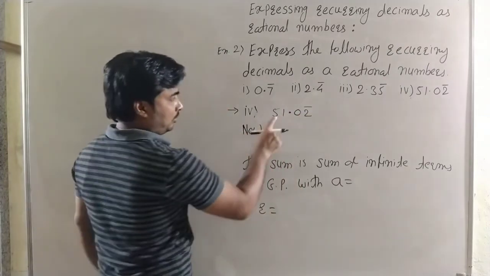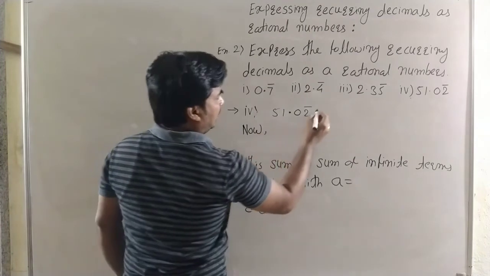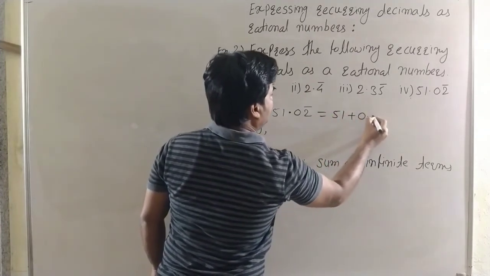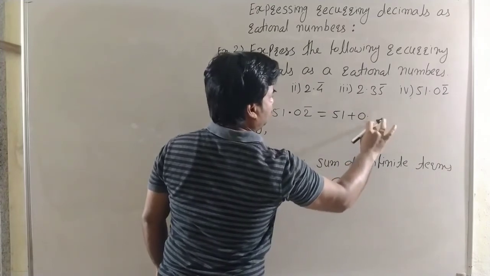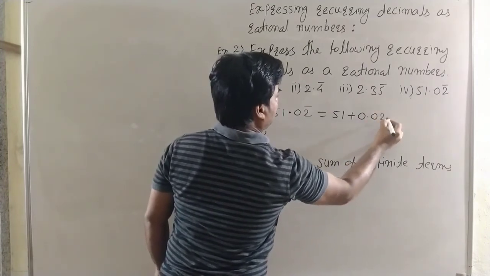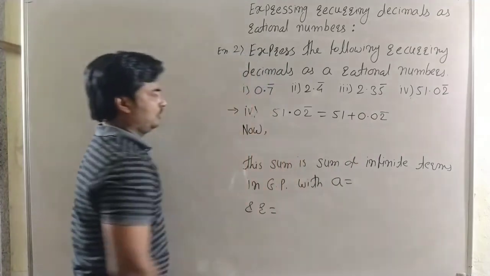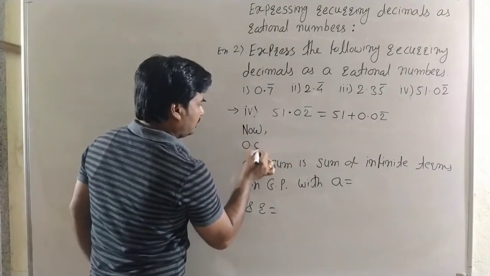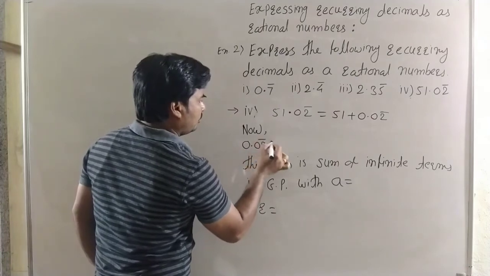See carefully, 51.02 bar. Then this can be written as 51 plus 0.02 bar. Now we want to find this sum, 0.02 bar is equal to